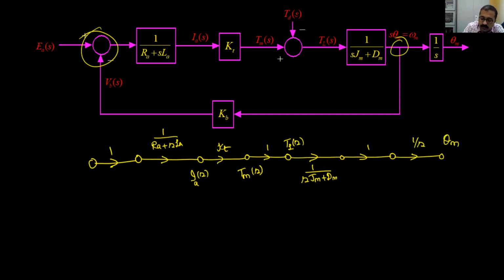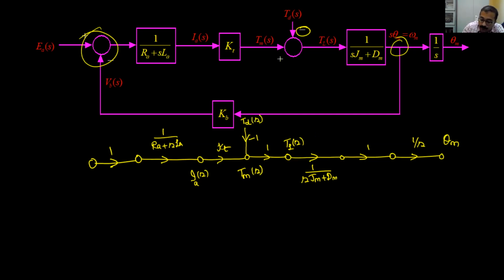Now, where should this load disturbance torque TD appear? TD is appearing at the input of the summing point. This is the input of the summing point, so you have to add TD at this point. What will be the gain? -1. Why -1? Because it is coming with a negative sign here. In a signal flow graph, we have to include the polarity along with the gain of the branch. So this variable is TD of S.